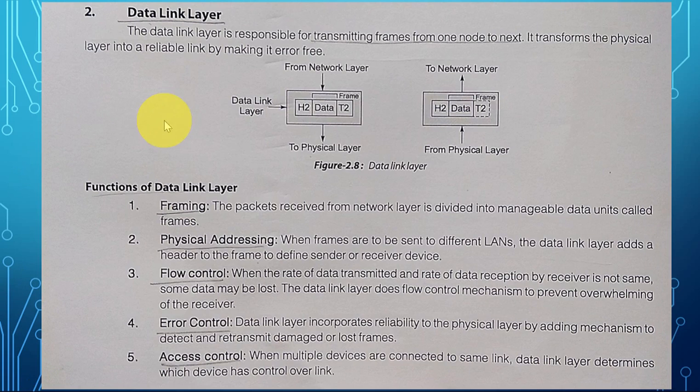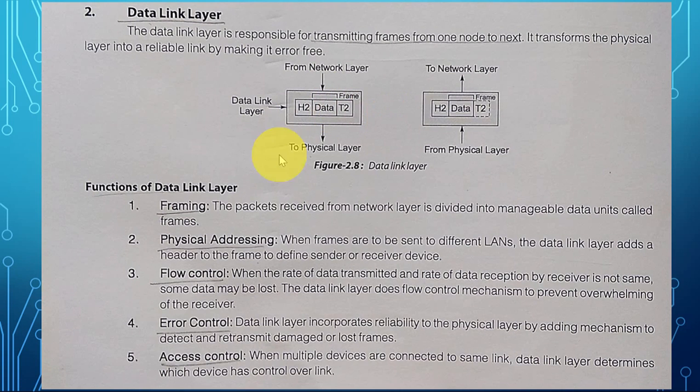The next layer is the data link layer. The data link layer is responsible for the transmission of frames from one node to the next. Here our data comes from the network layer, having some header data and some trailer data.